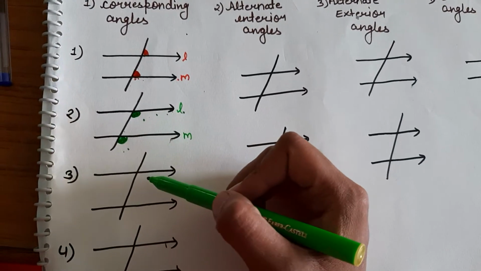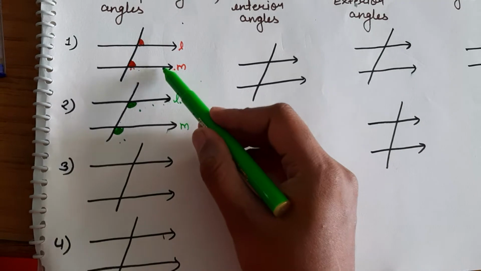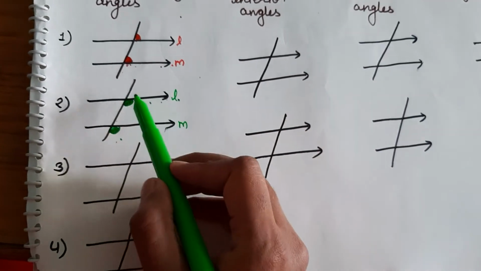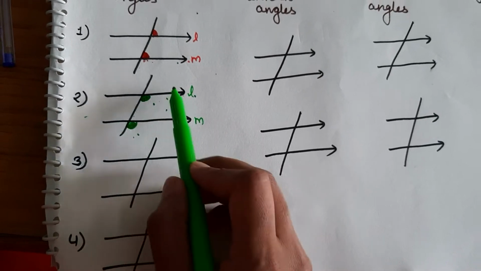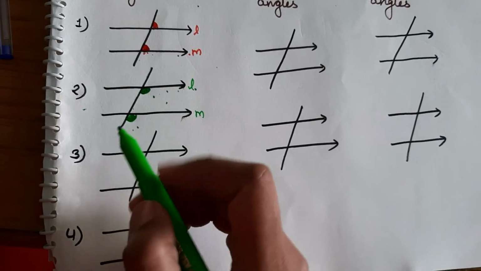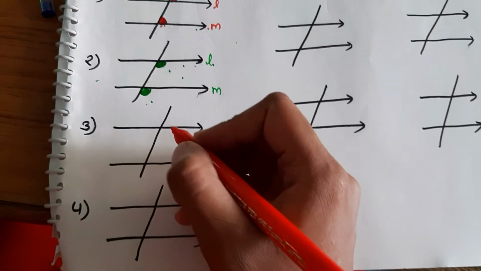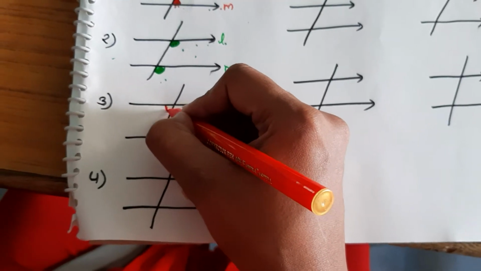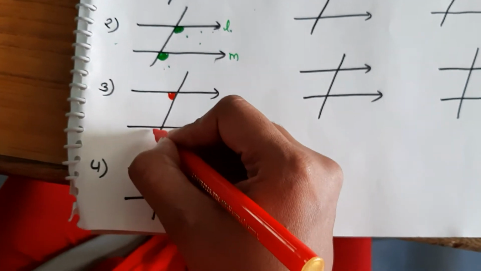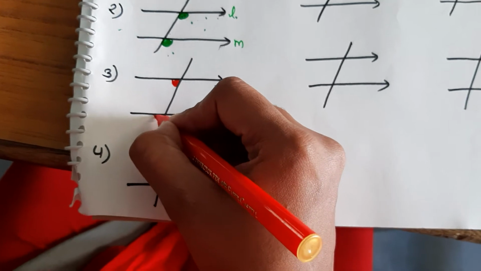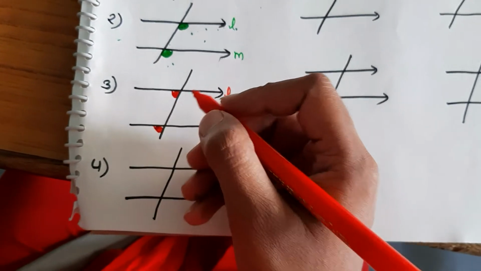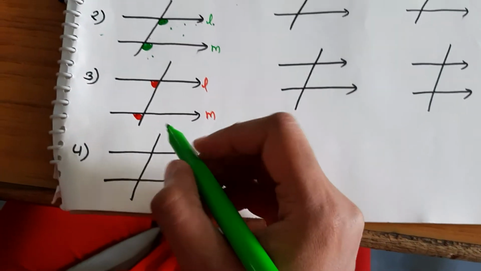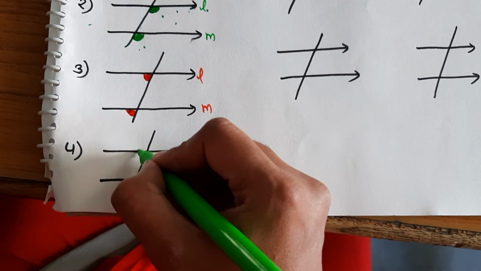Understood now? Okay, here are the four ways. First this one, second this one. Now we have to do the same process on the other side of the transversal line. See, if I draw here, then in this line also I am taking the one below, that is below the line. So these are also corresponding angles. Another I can take: now if I took below, now I will take above.